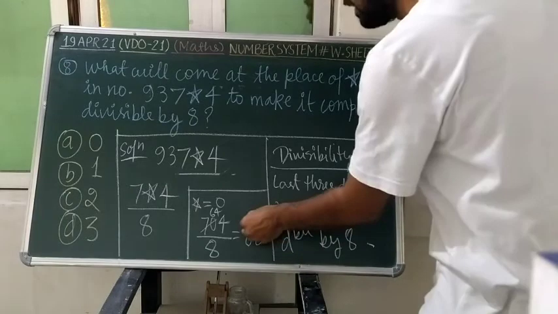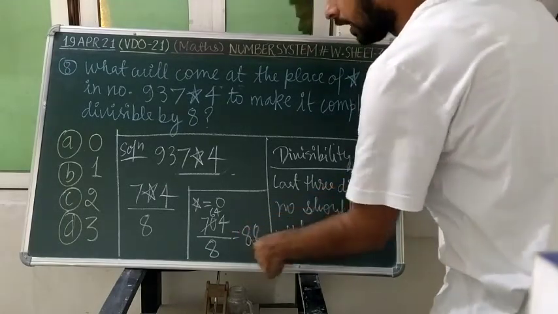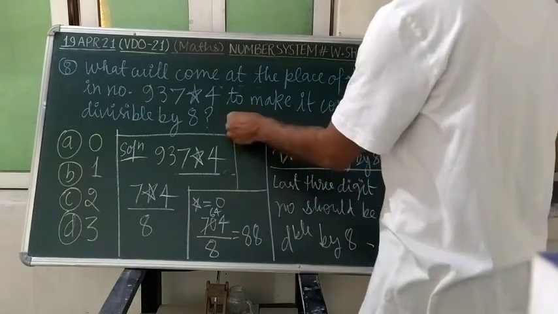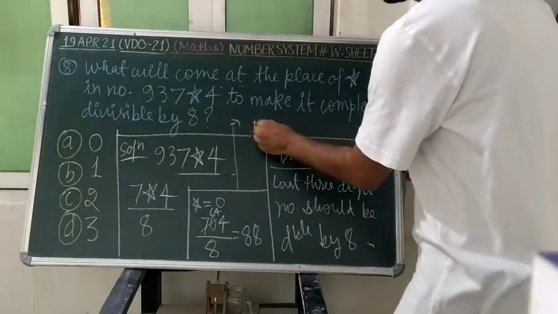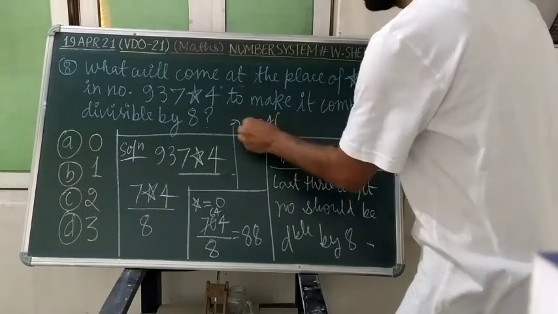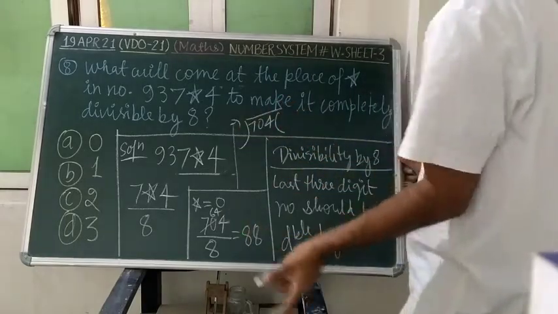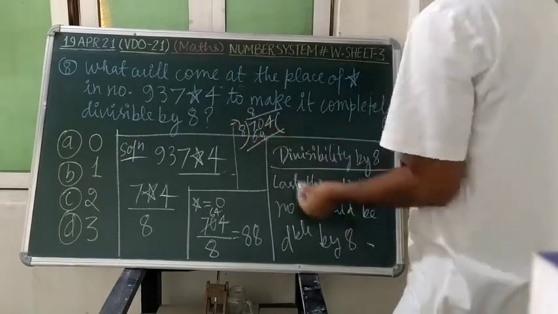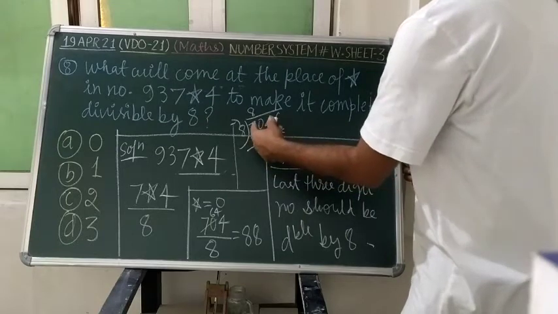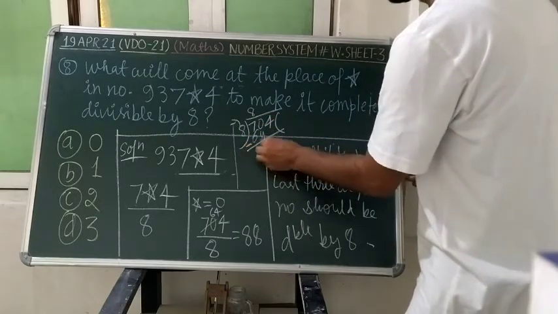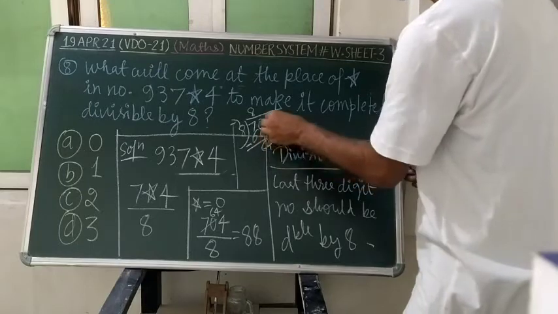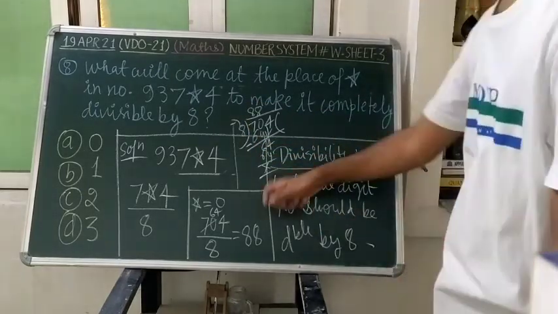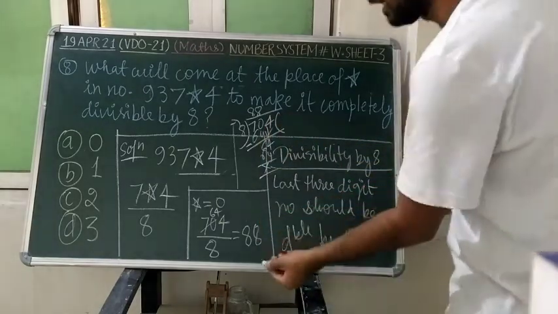So it is completely divisible. For star, it is completely divisible by 8. We can check here as well. If you are not able to do it in one way, you must be able to do it in this way. Again and again I am saying it: 8 8 ja 64 will come, and thereafter when you subtract 70 minus 64, what will come? 6. Again this 4 you will bring down. 8 8 ja 64, isn't it? So you can do it that way also. So it is completely divisible.